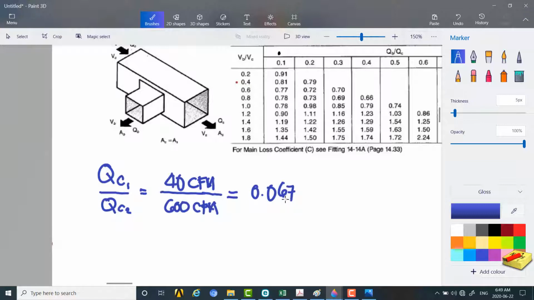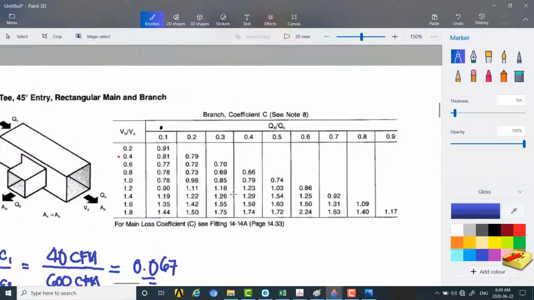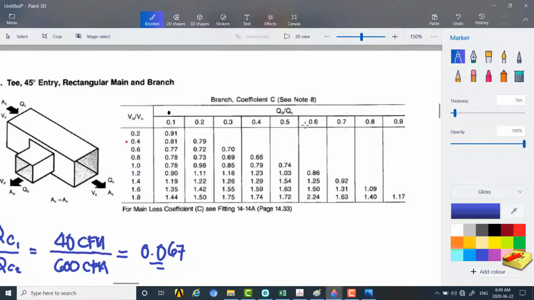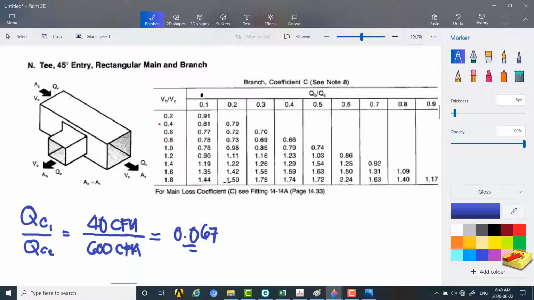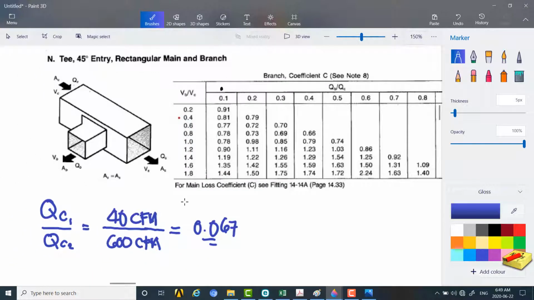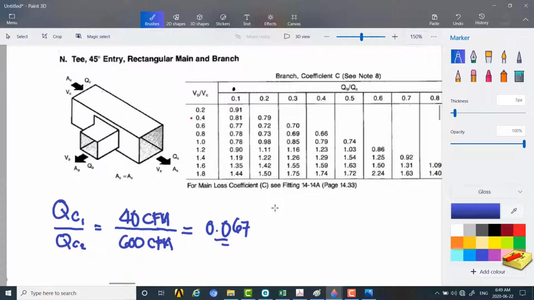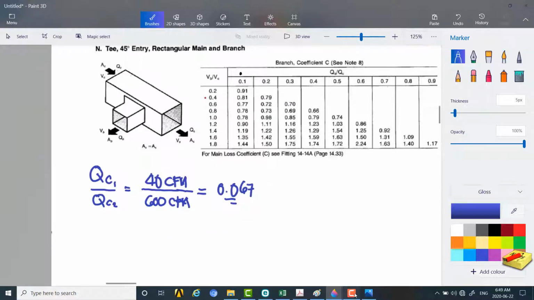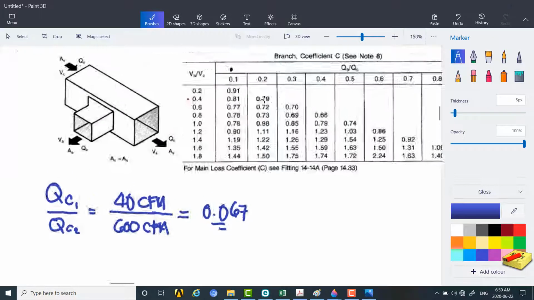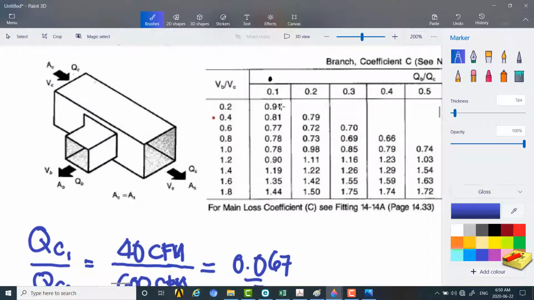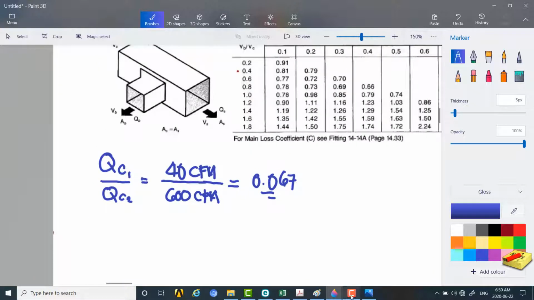So you will notice again, if you check the chart, it is not here. Okay, so again we'll be using the lowest value, so that we have a value which also provides a factor of safety in our design. Okay,